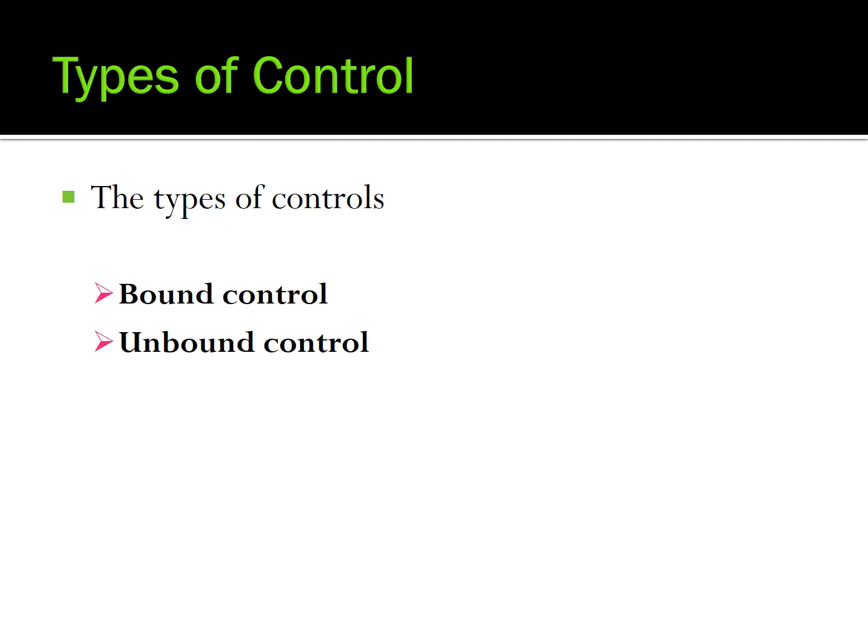Next, types of control. There are different kinds and types of control you can create, but all of which will fall into one of two categories, that is bound or unbound. Bound control: a control whose source of data is a field in a table or query is called a bound control. The next type is unbound control: a control that doesn't have a source of data, such as a field or expression, is called an unbound control. You can use unbound controls to display information, pictures, lines or rectangles.